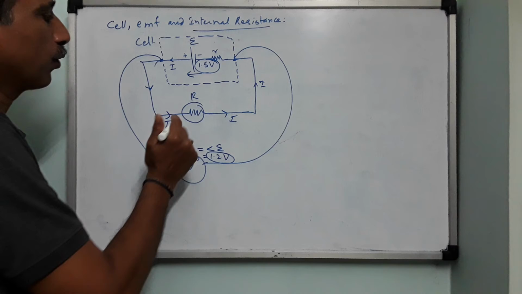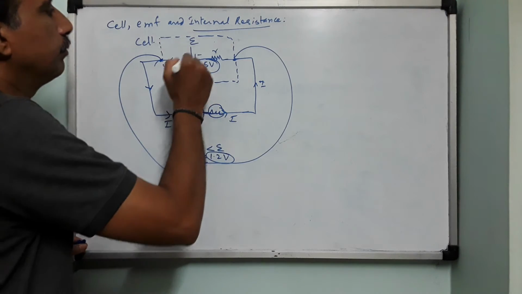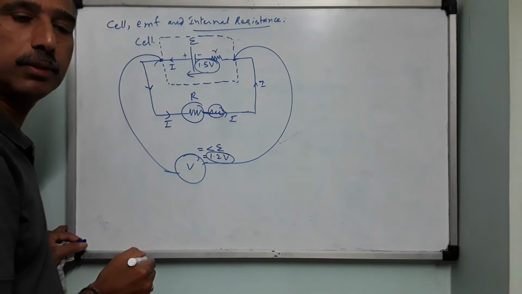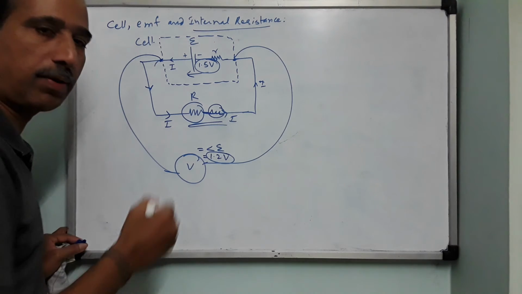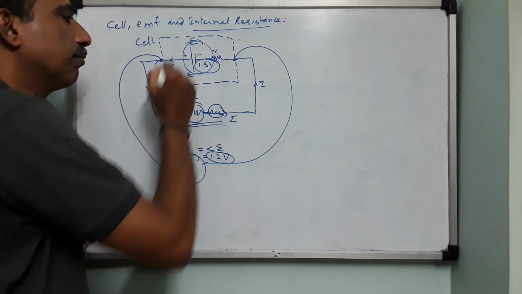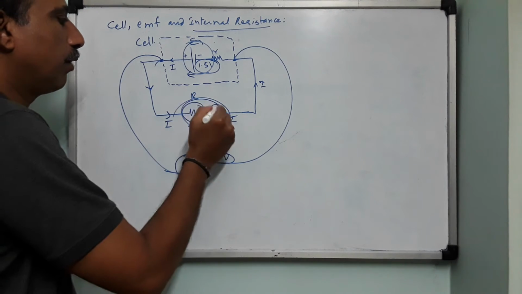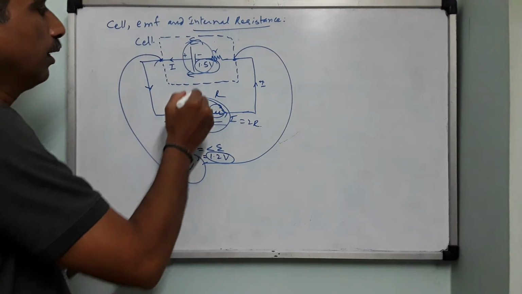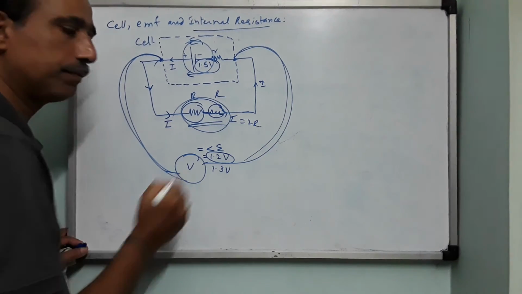Now, if you go on changing this, suppose I connect another small bulb. Let us say the source is very energetic to glow any number of bulbs that are connected in series. What will happen now? The resistance will increase because the filaments are in series. The EMF of the cell will remain the same. It will not change because of the load which you have connected. Earlier it was R, now another R is there, so it has become 2R. But the terminal potential difference when you measure with the help of the voltmeter will now be 1.3 volt.